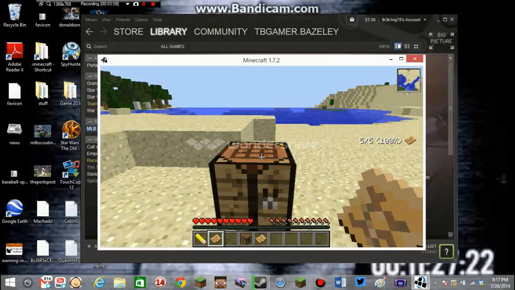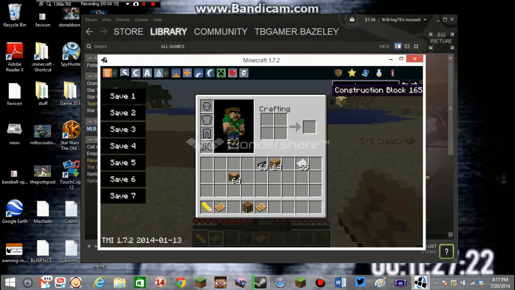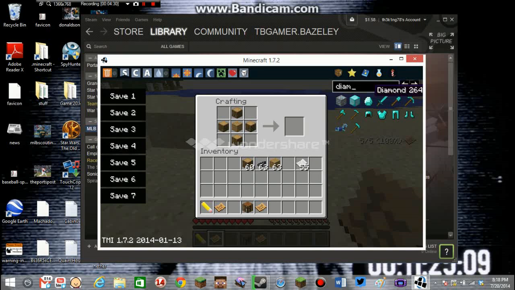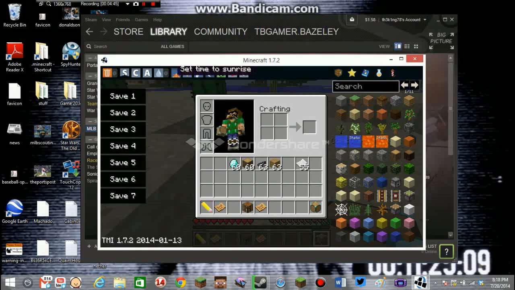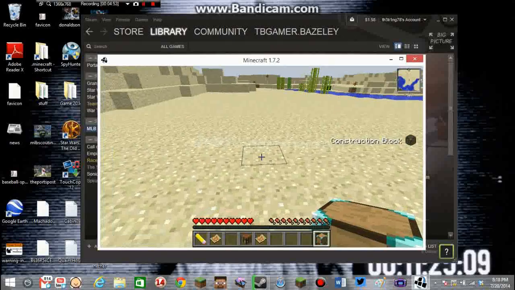Now, the next item is the construction table. I believe that's what it's called. Yes, the construction block. It's very costly to make. It requires 4 diamonds, a piece of wood, and some logs. Now you make it like that, and you have a construction block. I don't know why the planning table would not work. That's what it says on his website, but anyways, you place the construction block down